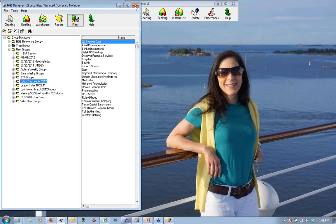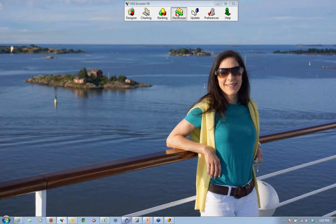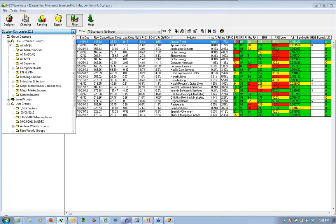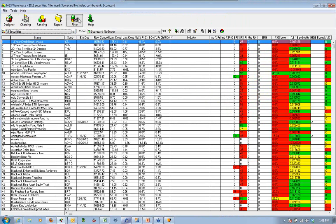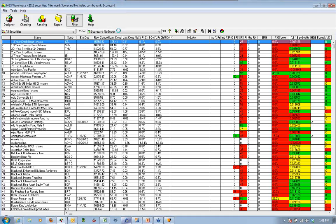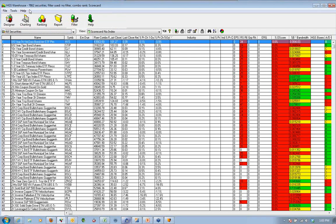We're going to spend our time looking at the warehouse. Now, what the warehouse does, if I go up to the top and look at all securities and take out everything in my filters, the warehouse includes about 8,000 stocks, 7,862. It uses two tools to isolate them or